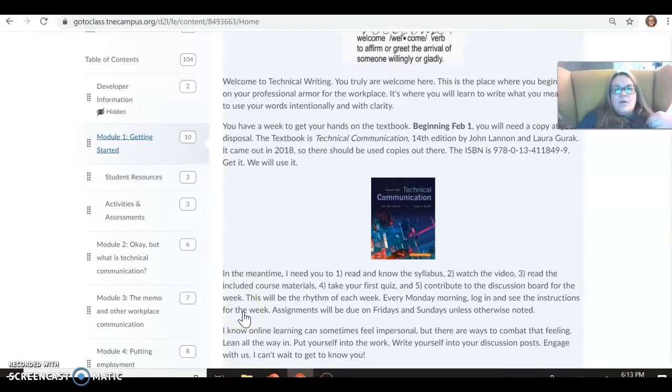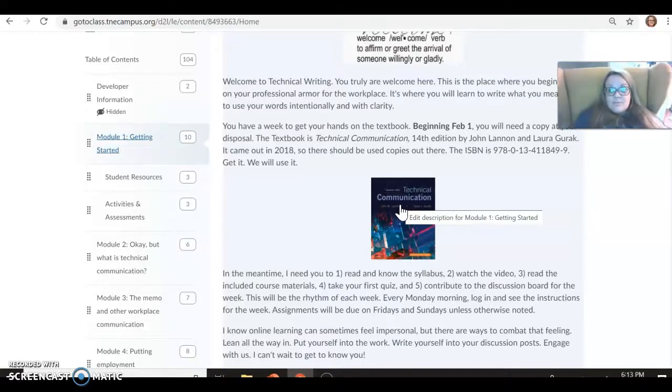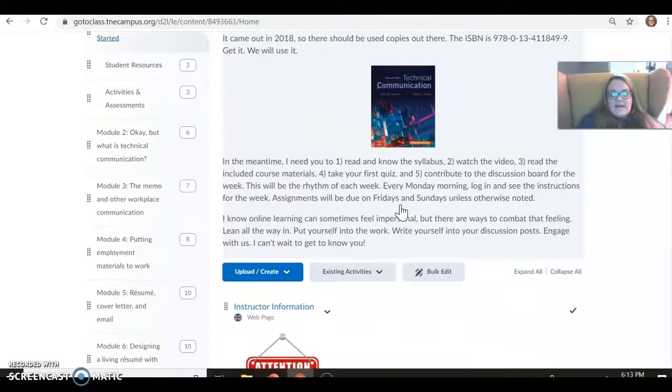this week. So you need to try to get this book as soon as you possibly can. I know that some of you have said that finances are an issue right now. If you know some of the other people in the class, maybe you could share the book. I don't know, other than that, I don't have any suggestions, but it is absolutely essential for your success in the class. You absolutely have to have the book. We will use it almost every single week, and definitely starting this week, next week, you will need it. So go ahead and get that.